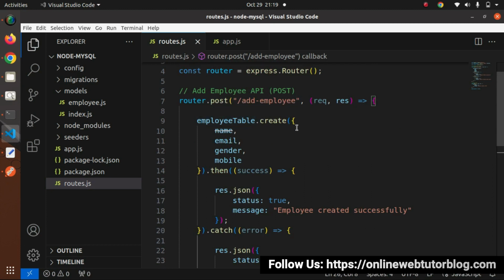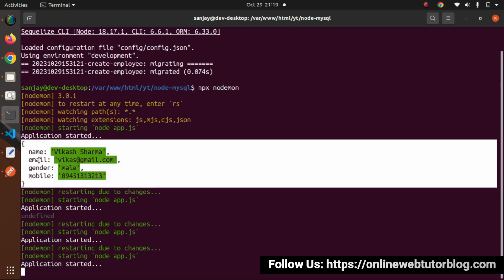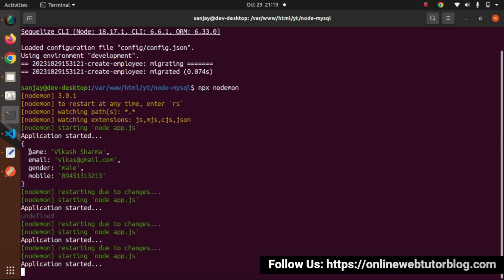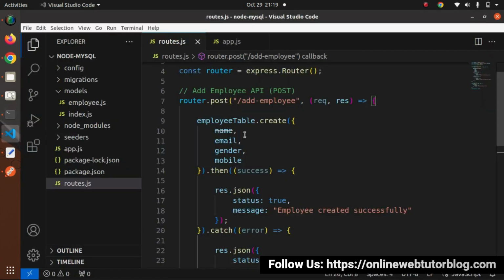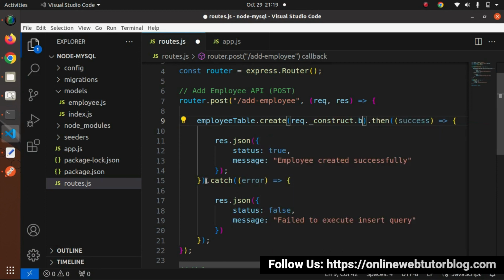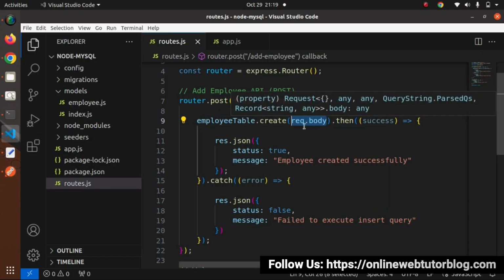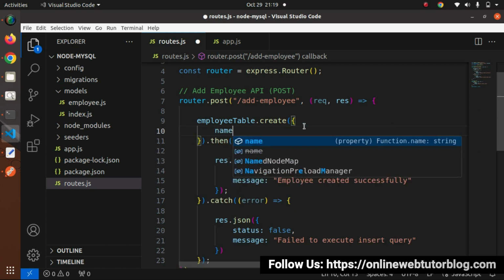I will go inside this create method. We want an object, and as we know, inside this request we are getting an object, that is name, email, gender, and mobile. If these keys match all the columns we have inside our table, then simply we need to pass request.body only. But in case these request parameter keys are different from the column names we have inside our table,